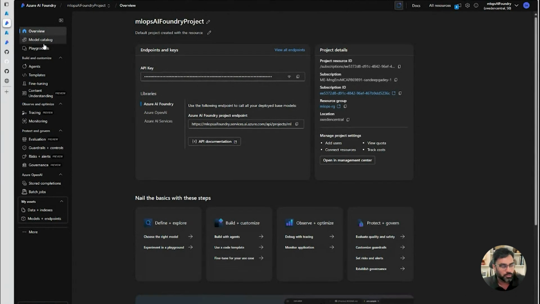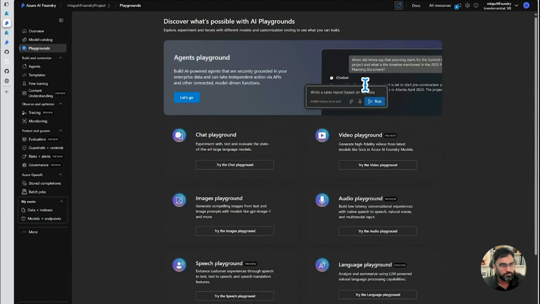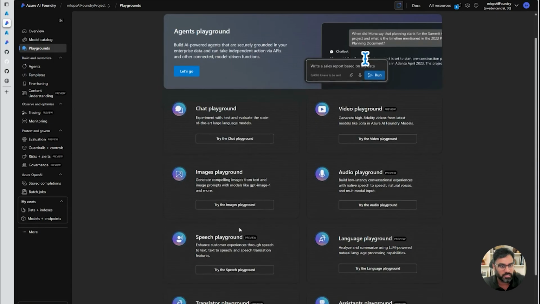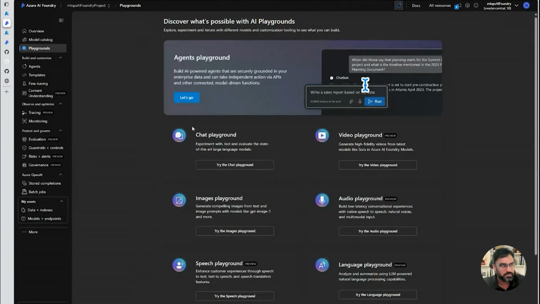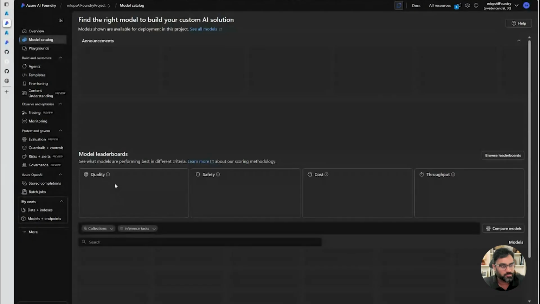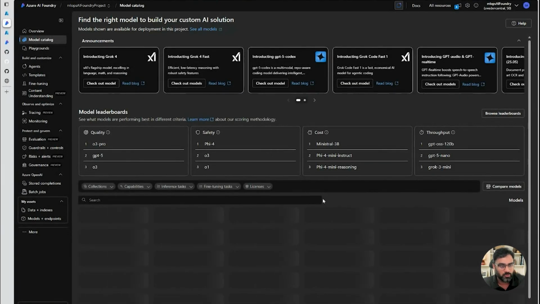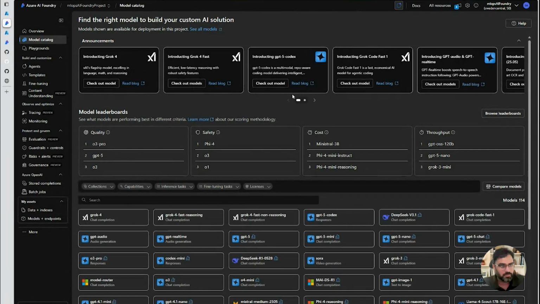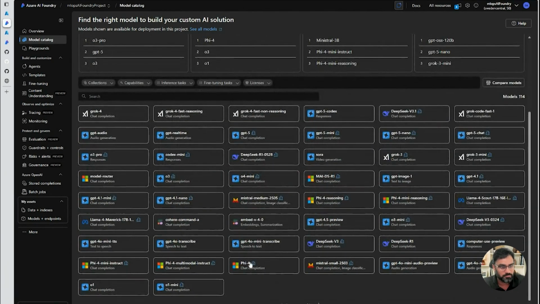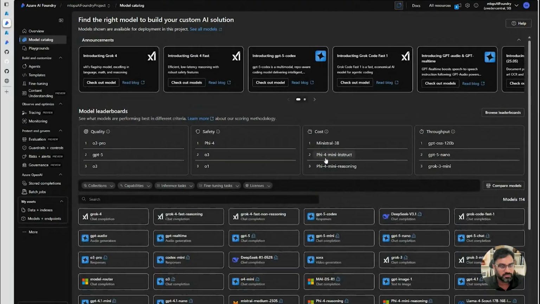If you want to test something, you can always come here and use the Playground to test something, right? We have a lot of Playground options here, right? Whether you want to test something text-based or video-based or an image Playground, different playgrounds we are offering that you can test around. And also we have this model catalog. This is where you'll see what models we are offering, right? You can see Grok 4, which we are supporting as of latest, and you can see DeepSeek or any other open source like Mistral and other Hugging Face models. All those models you can see here, right? Whatever we are supporting.